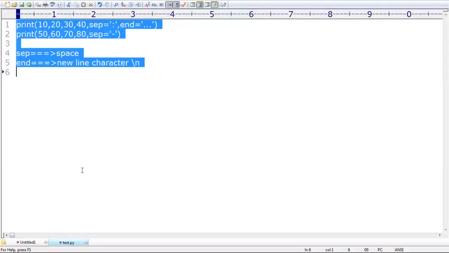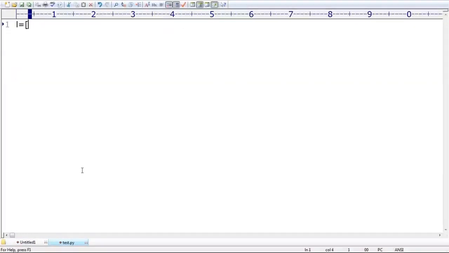So now have a look once. L is equal to 10, 20, 30, 40. Next, T is equal to 10, 20, 30, 40. Can you please tell what the first one is? List. What is the second one? Tuple. S is equal to 10, 20, 30, 40. Now observe: one is a list, second is a tuple, third is a set. Now print of